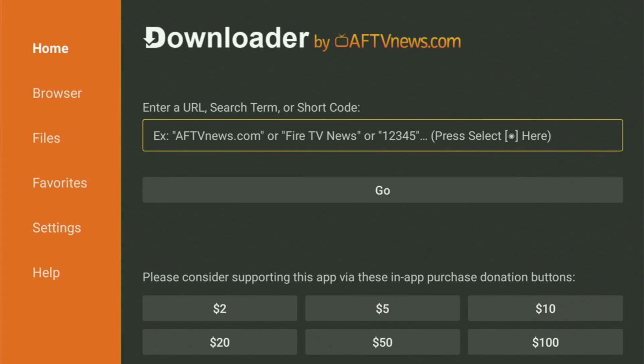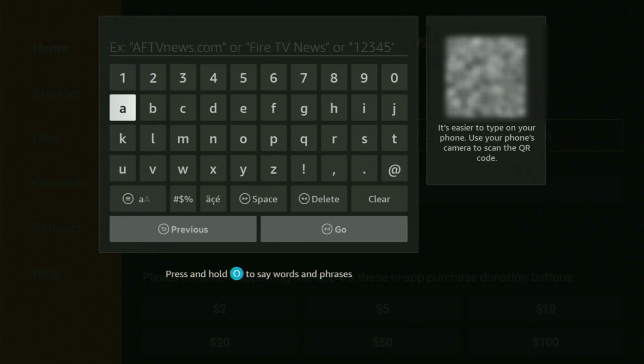All you need to do is open the search bar right here, and in the search we'll be entering the codes. So the first code we'll be using will be 127586. So once again, 127586. That is the code we are using to get the first application today. Then just